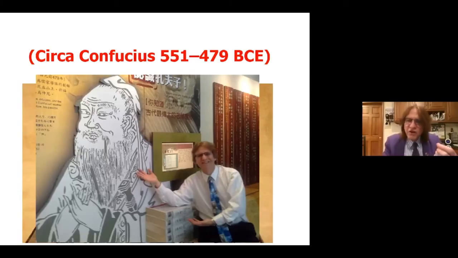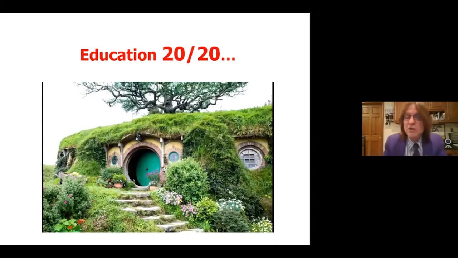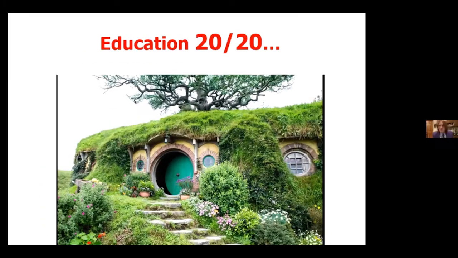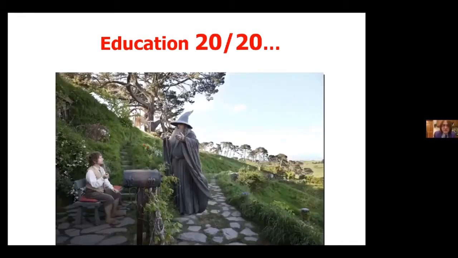What technology does is it enables students not only to read books, but to read digital books, and not only to listen to teachers, but to contribute to the learning process. Now, I'm developing a new model I'm calling Education 2020. I'm supposed to be done with that book, but I'm not. But I'm going to tell you about the model first. I'm going to tell you a secret, and you have to keep it a secret, because I haven't published the book.